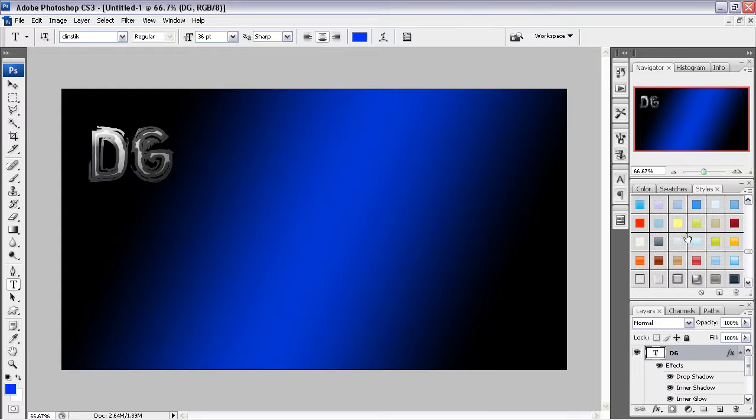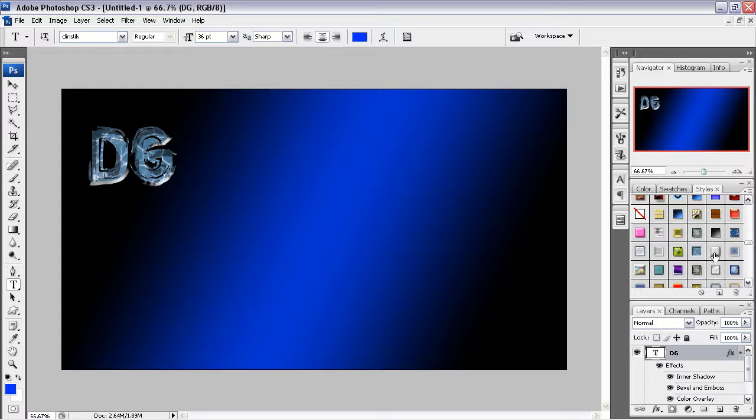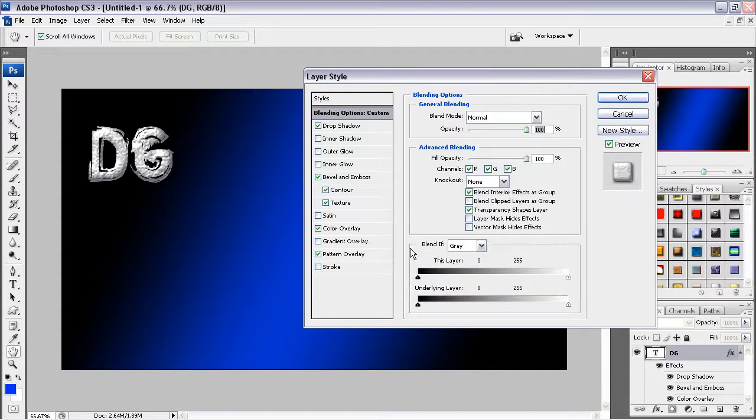So you can pick one of these, and it makes kind of cool effects on them, and it really looks nice to me. There's a bunch of things you can do here. I mean, there's textures and stuff all over these things. It's really cool. Or if you don't have any of those and you just don't feel like downloading any and just want to do this right now, just double click on the layer and this window should pop up, and that's what gives you all the